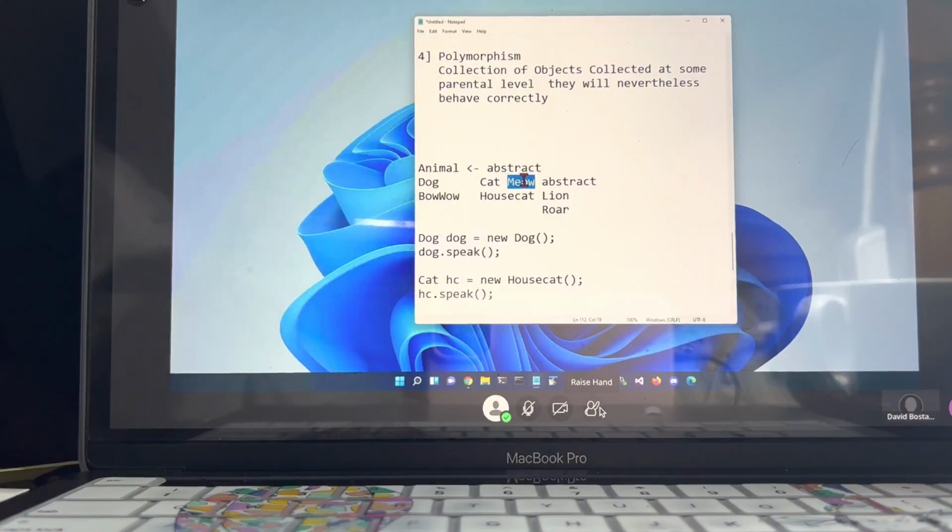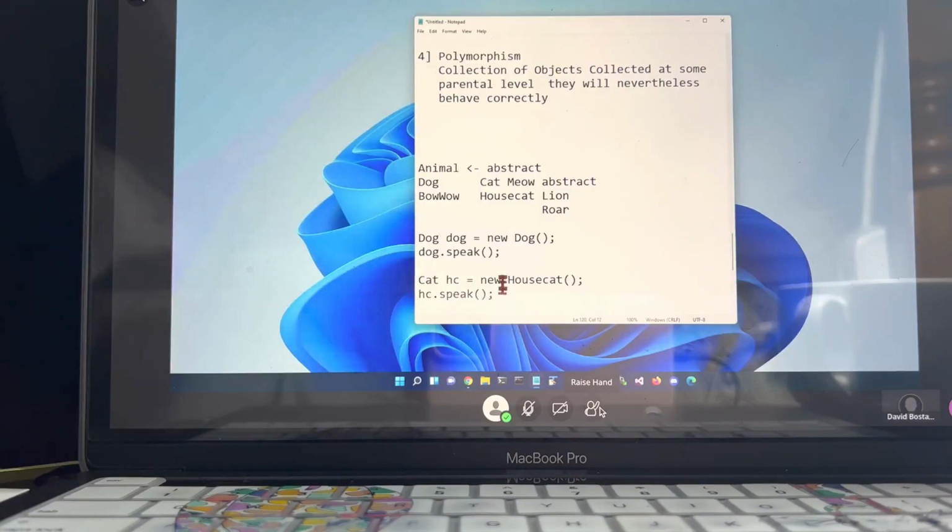Now, if cat didn't have anything to say, then animal. Notice that I can create a cat as a name. I just can't create an instance of one. So I can't do a new one, but I can establish it as the actual interface that I'm going to use.